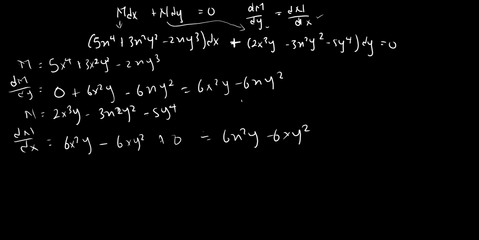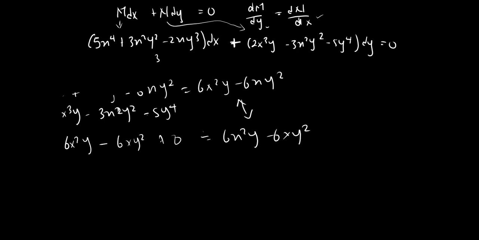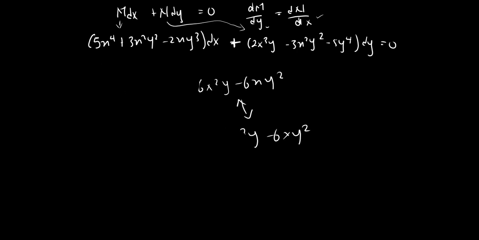So now we can see that this is equal to this, so that means the condition is verified. Because it is verified, we are going to go ahead and solve the question, and it's a very, very simple method. That's why it is always better to check if it is exact. If it's exact, you can just start rejoicing, because in the next 1 minute you're already done with your solution,